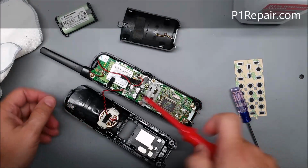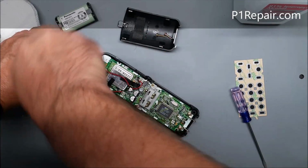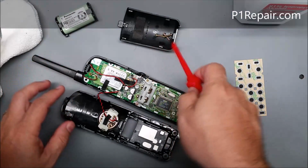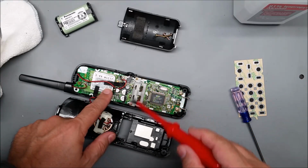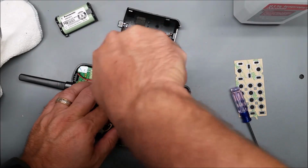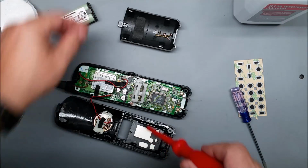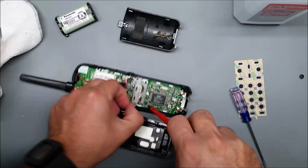Okay, now we have this antenna screw, which is the same as the back housing, so you don't have to be concerned which ones you end up using there. But there are 2 little screws here and 2 more down here, and these are significantly smaller, so you can tell the difference. They're similar design to the 3,